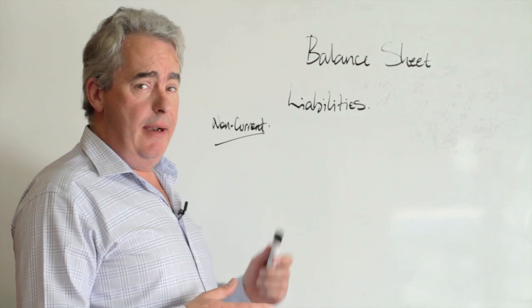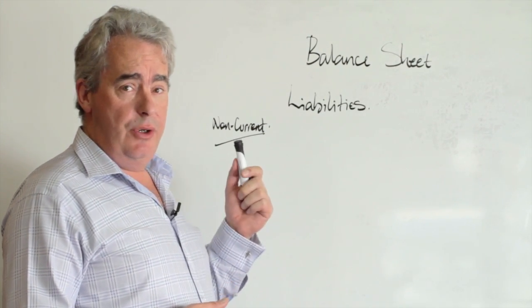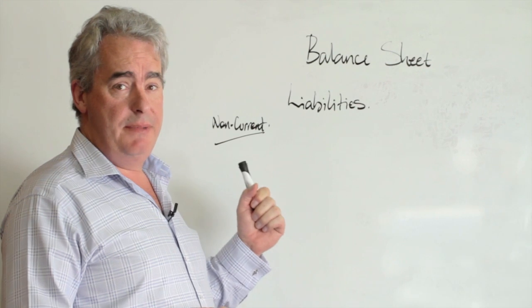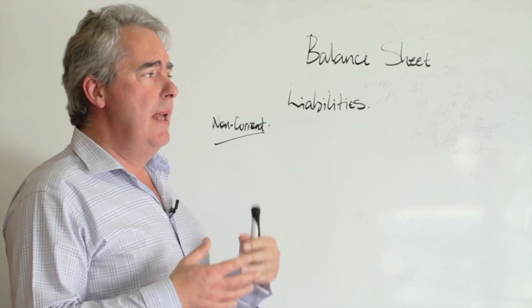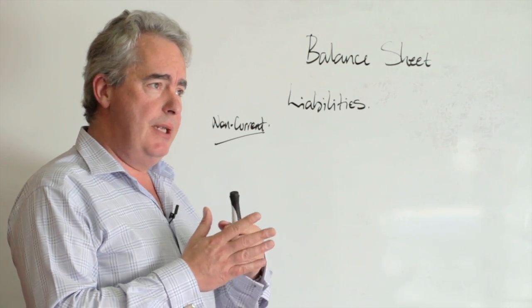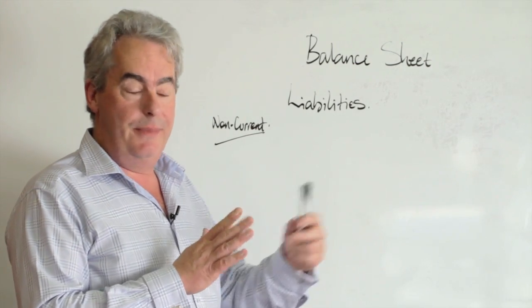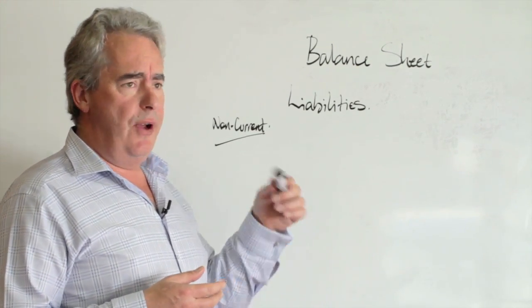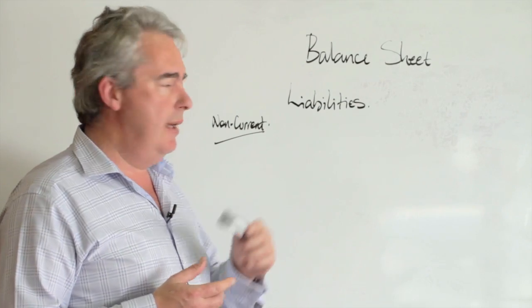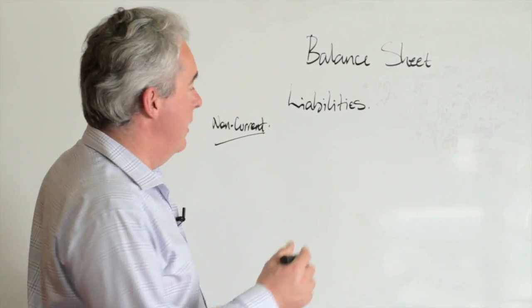Today we're talking about the liability section of the balance sheet again, but we're talking about it from the non-current aspect. So as we've discussed before, non-current assets and liabilities are those that are going to take longer than 12 months to deal with. Generally you find the non-current liability recording in the balance sheet is recording things like your